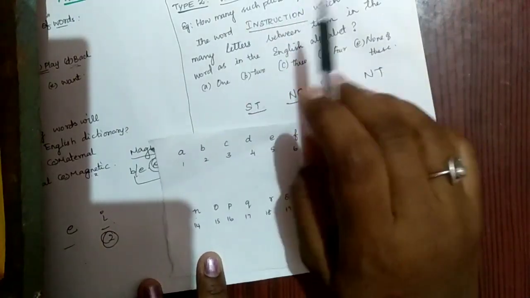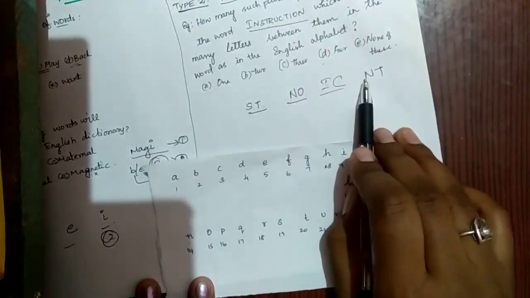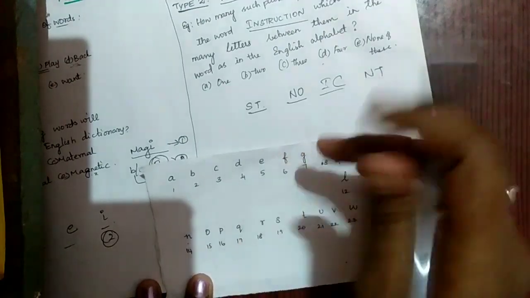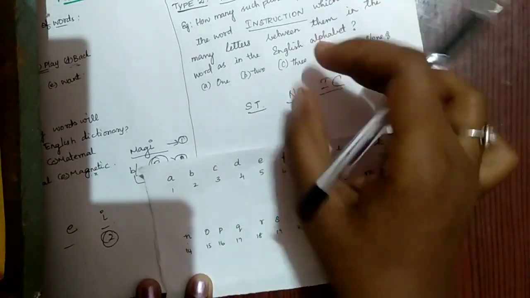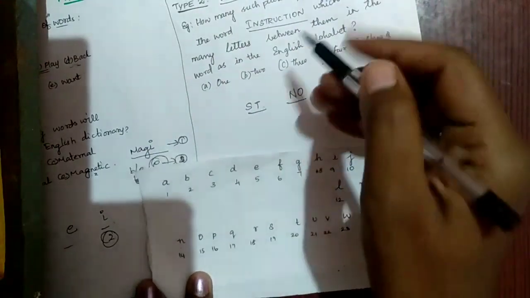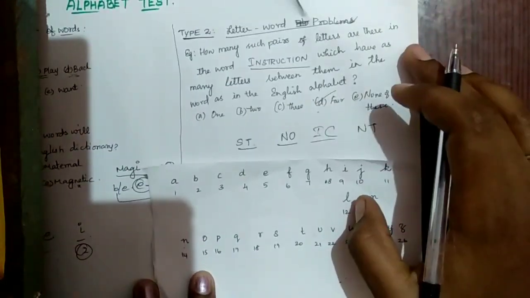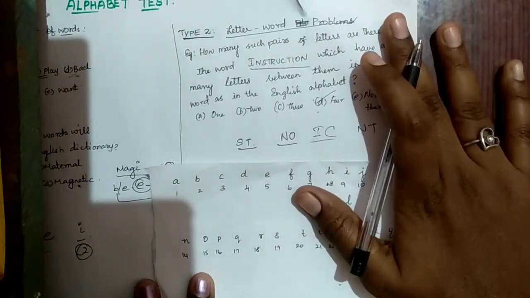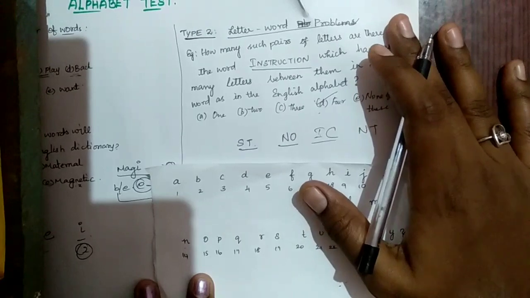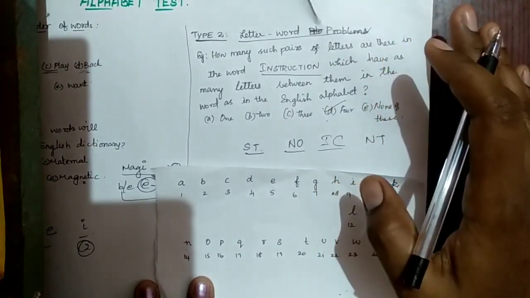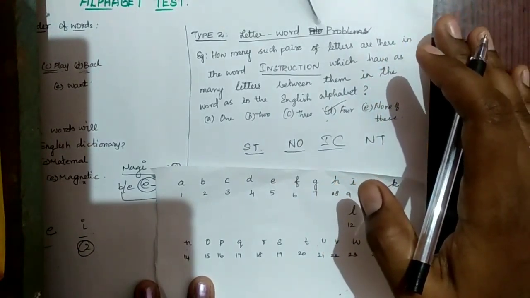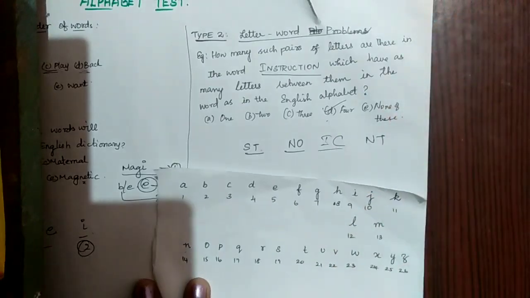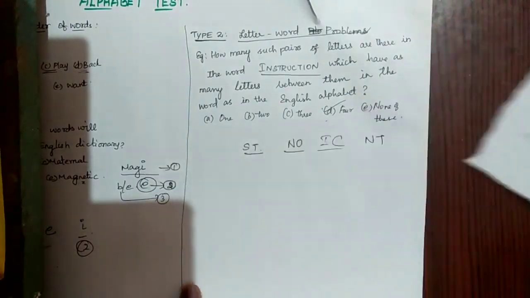Like this, while we are comparing one by one, we get 4 letters which are paired as in the alphabetical order with the word INSTRUCTION. So option D is the correct answer. This is how we have to check, but as we practice more and more questions, it will become easier. While I'm explaining, it takes time, but while we are solving, it gets easier and we can solve this fast, okay? And now we'll move on to the third type.